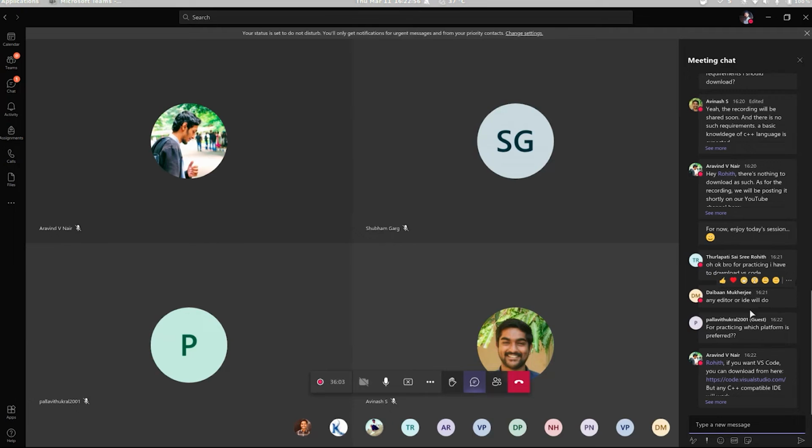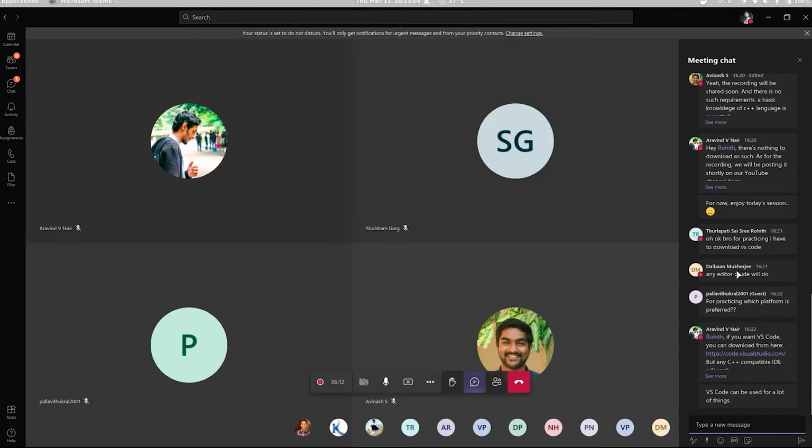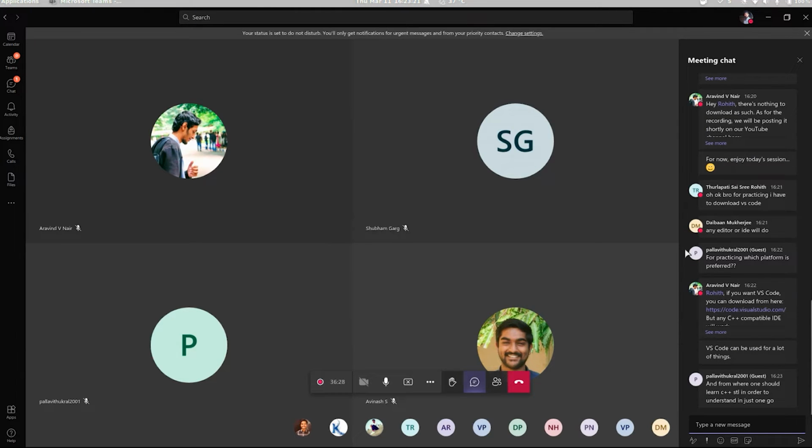For IDEs, you can experiment with different ones. You can make changes in the environment, and it depends on your taste. I like VS Code, so I use VS Code. You can use any other IDE. Sublime Text is also good. If you're on a Linux based system, you can use an IDE called Gedit. And if you're a hardcore Linux user, you can use something like Vim or Emacs also.